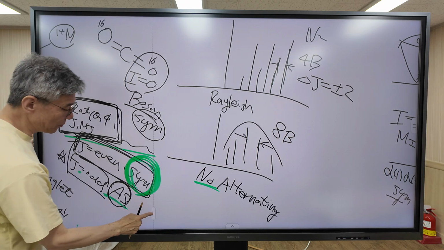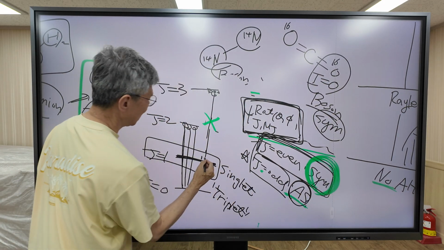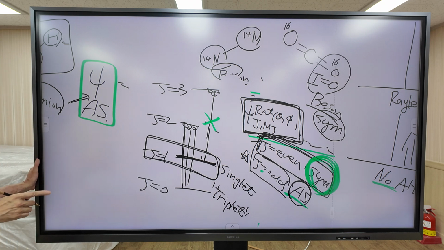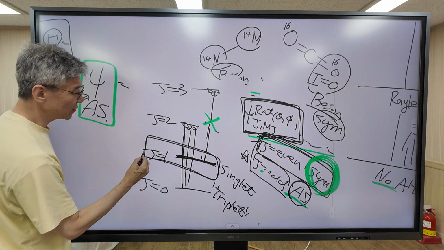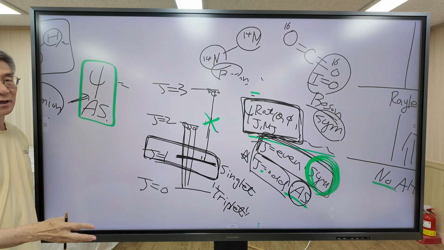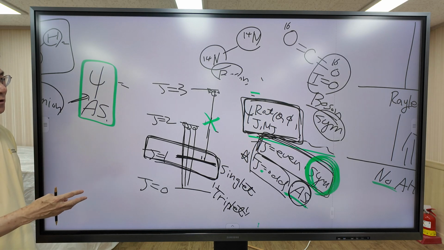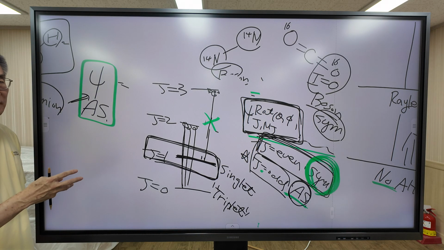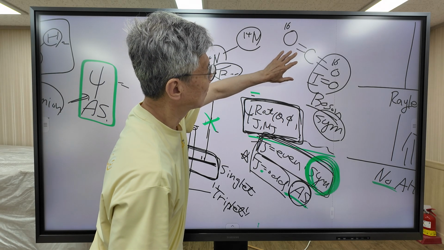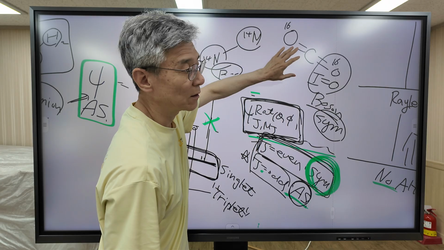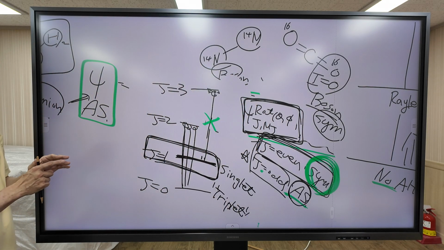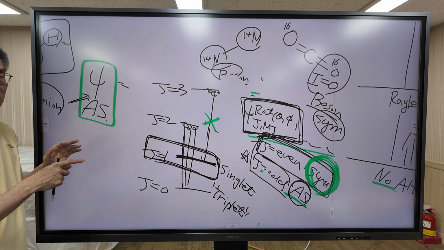But the disappearance of this state is not an artifact of spectroscopic technique. The disappearance of this state is a consequence of quantum mechanical symmetry. The requirement is that the wave function must have definite symmetry. For this molecule, it must have a symmetric wave function. The symmetric condition comes from the fundamentals of quantum mechanics. It does not come from the spectroscopic technique.